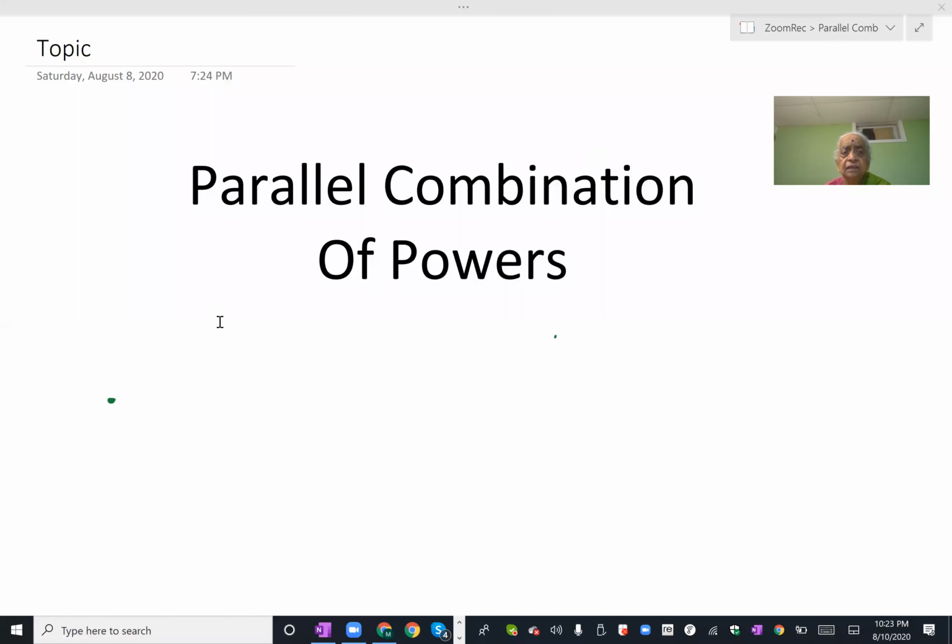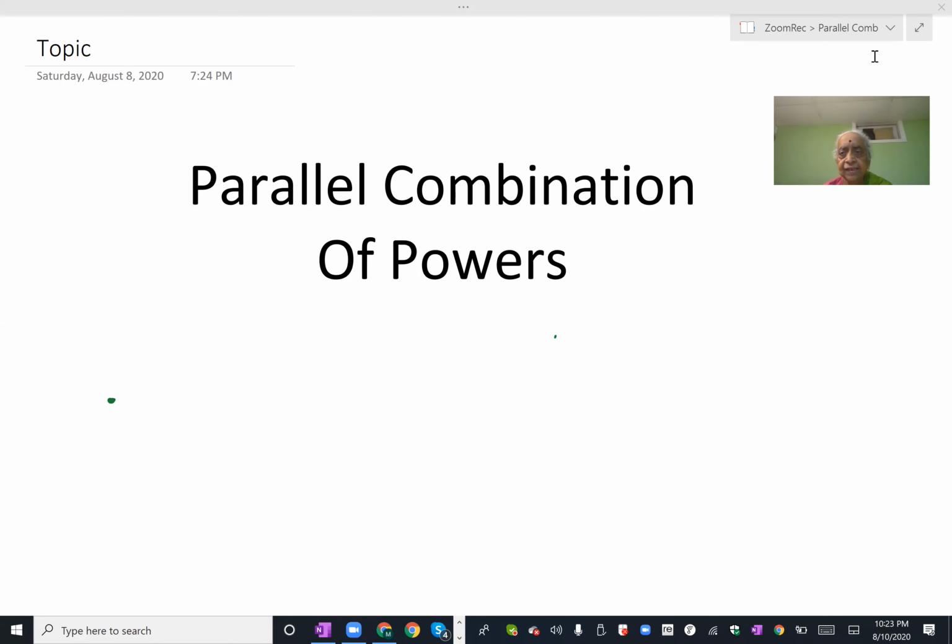Hi dears, this session is going to be a study of parallel combination of powered electrical devices. We are going to find an expression for the effective power of the parallel combination of the devices in terms of the individual marked powers. Suppose we take three heaters, all of them have the same marked voltage but different marked powers. They are put in a parallel combination. The parallel combination is connected across a voltage which is the same as the marked voltage, for the sake of simplicity.